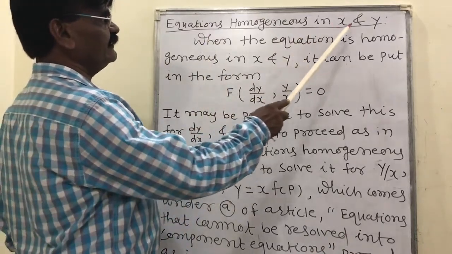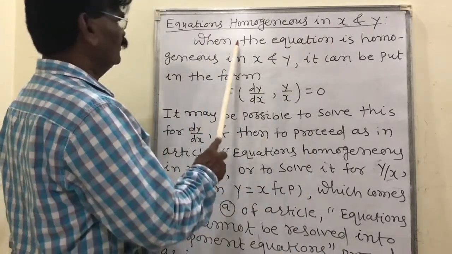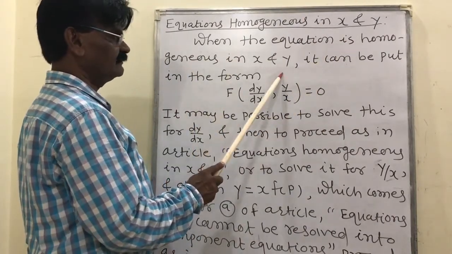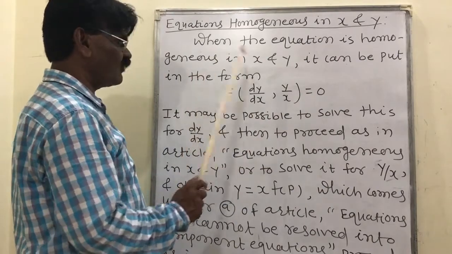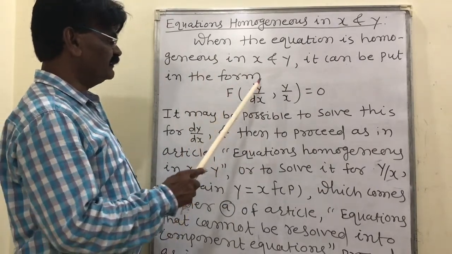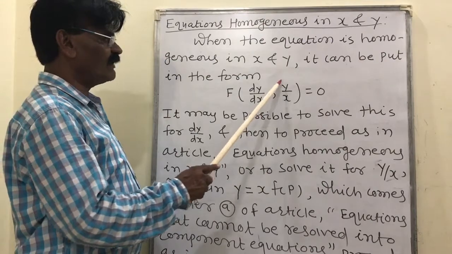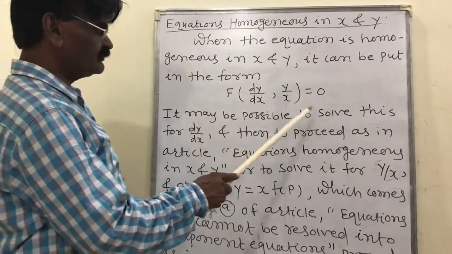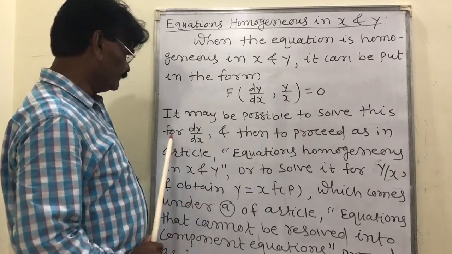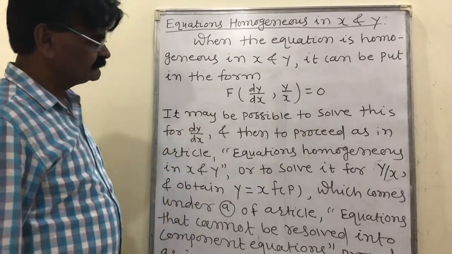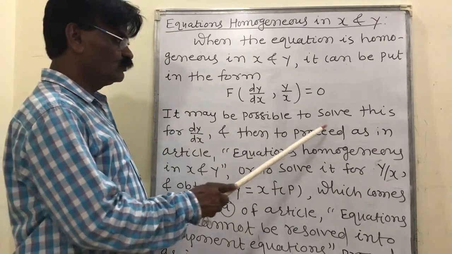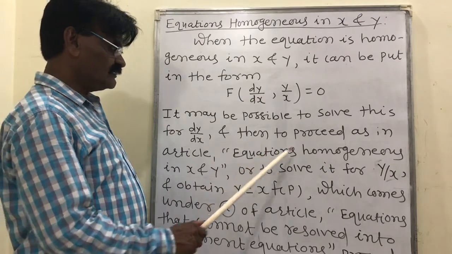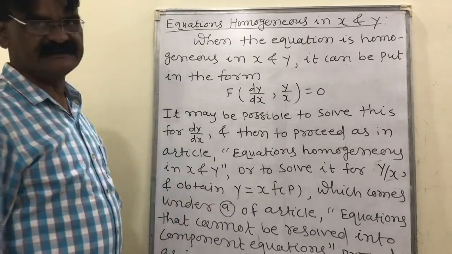Equations homogeneous in x and y. When the equation is homogeneous in x and y, it can be put in the form capital F of dy by dx comma y by x which is equal to 0. It may be possible to solve this for dy by dx and then to proceed as in article equation homogeneous in x and y, जे की आपण ऑलरेडी